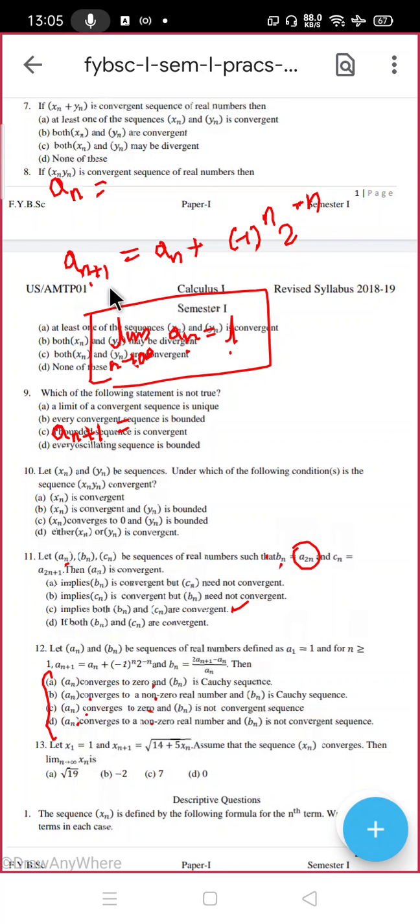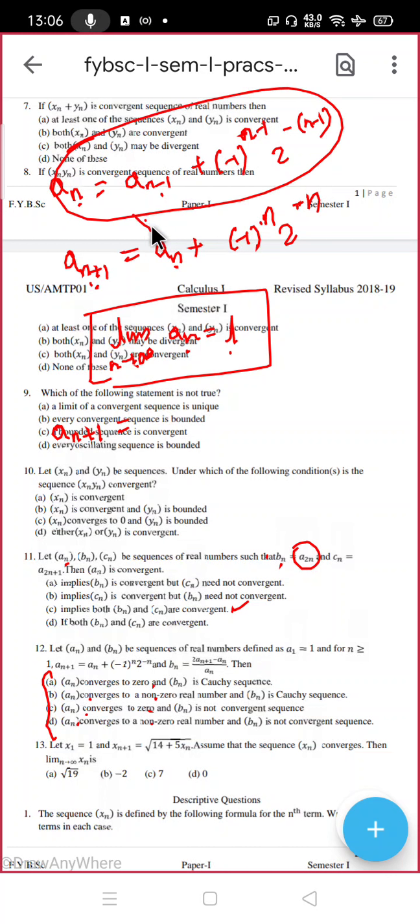Similarly, by looking at this, it will be a n minus 1. Do you agree? Here it is n plus 1, so here it became n; so where it is n, it will be n minus 1, plus minus 1 raised to n minus 1, and 2 raised to minus of n minus 1. Do you agree? So can I substitute this thing at this place? That means I am substituting a n minus 1 plus minus 1 raised to n minus 1, 2 raised to minus n minus 1, plus minus 1 raised to n and 2 raised to n. So do you get something here?